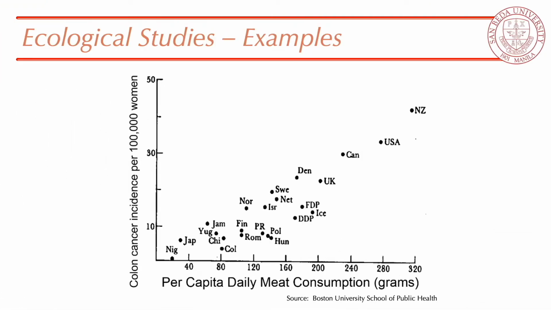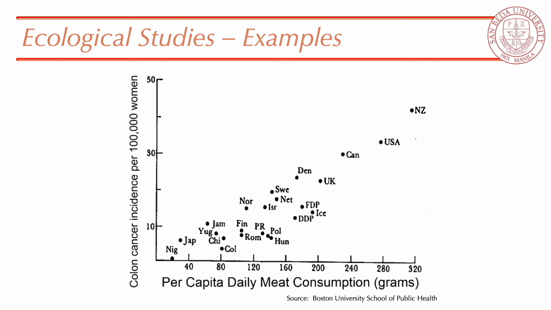Now, here's an example of an ecological study. Here, the researchers made use of overall meat consumption data in grams per capita for each country included. The corresponding colon cancer incidences per 100,000 women for each country was also used, and this scatter plot was generated. Now take note that each participant, in quotation marks, or more accurately, each unit of observation is not an individual person, but rather the entire population or group,